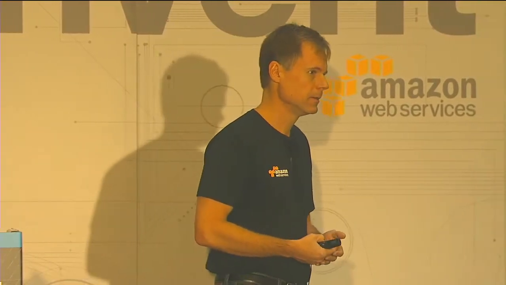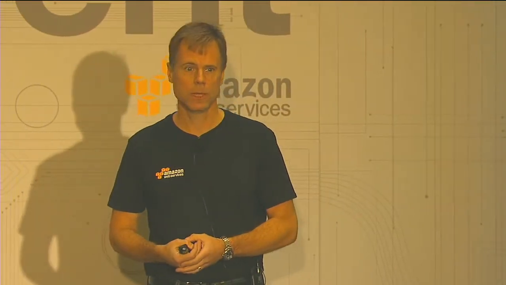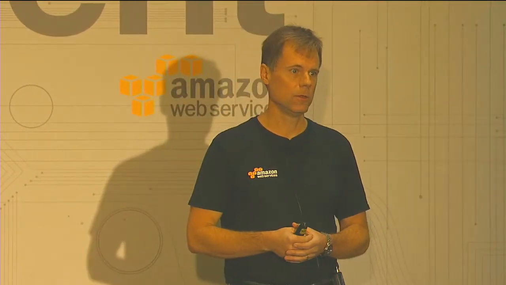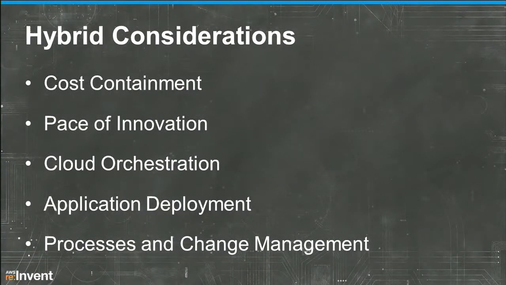A couple more considerations. Cost containment. One of the beauty things of the cloud is that we like to think of it as a utility model. When you turn on that server, you pay for it, and when you don't need it anymore, you simply turn it off. Combine that with the ability to allocate thousands and thousands of servers and petabytes of storage. Those are really unique attributes of the cloud. But there comes some responsibility with that to understand what your cost model is going to look like and make sure that you don't have, you probably heard the term before, VM sprawl, right?